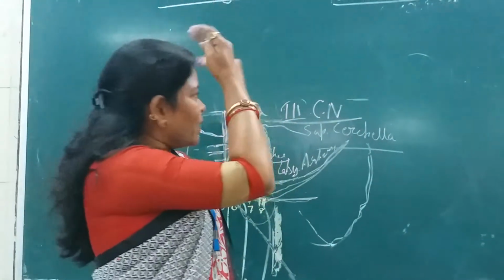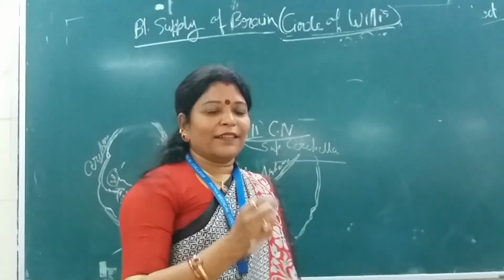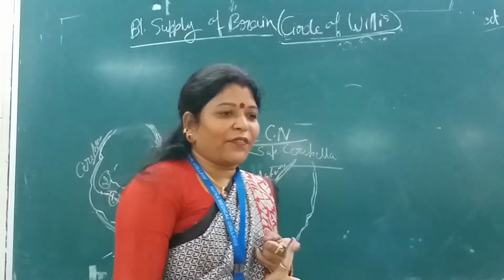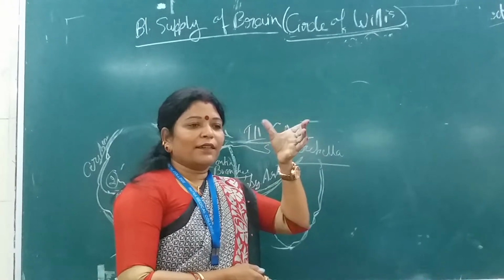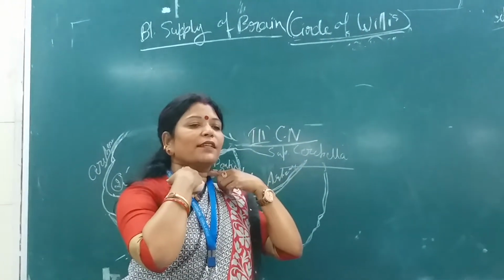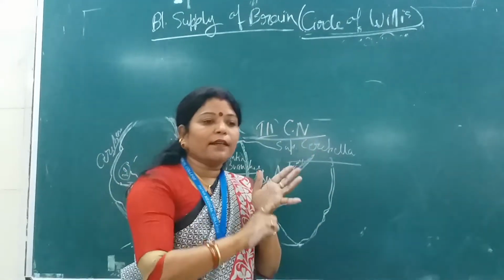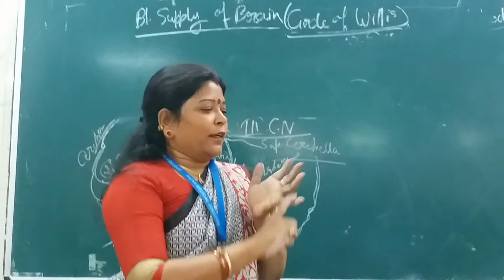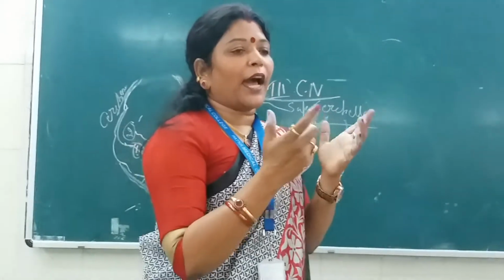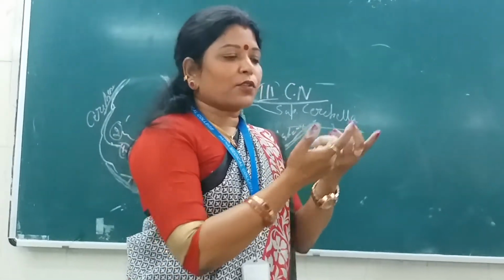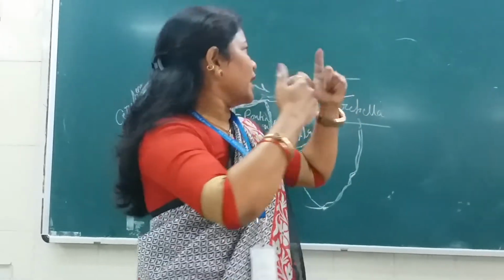Why does the internal carotid artery bend backwards? Anyone? To reduce the pressure. Yes, to reduce the pressure. Very good. Because you imagine where it is coming from: the common carotid artery dividing here into the external and the internal carotid artery. And for your knowledge, through this internal carotid artery 30% of the carotid blood flows. So such a high pressure inside this artery is there, so it will run backwards to equalize and minimize the pressure here. Okay, that's why.